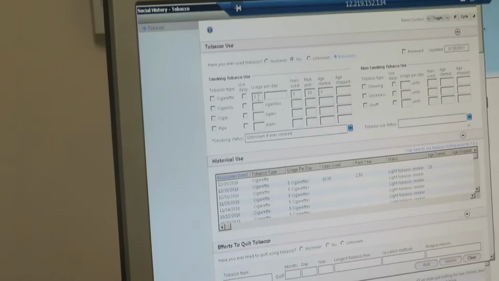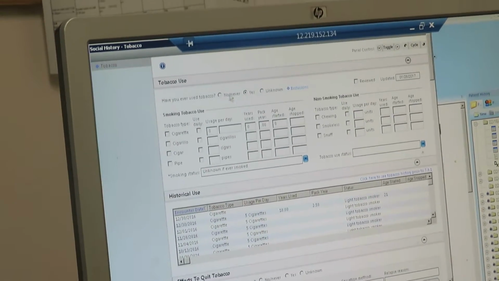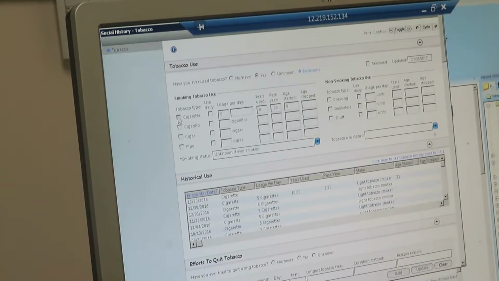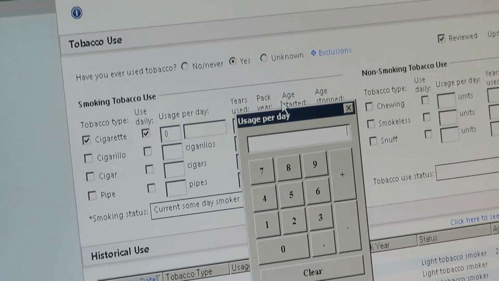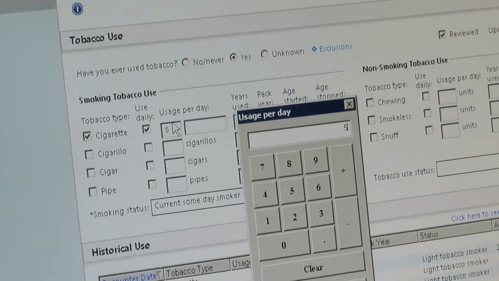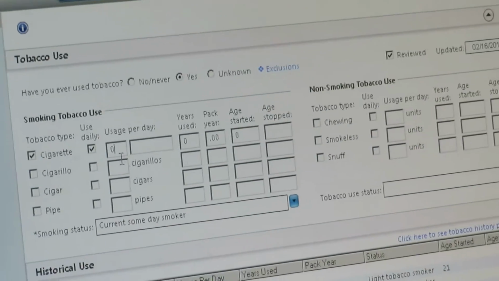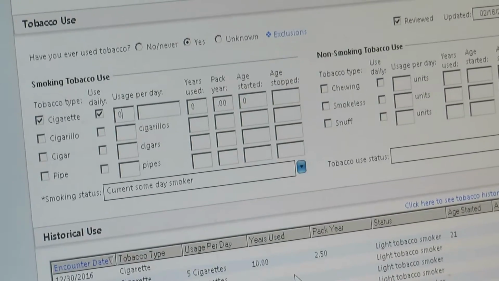And it's very important. This patient reports that they've used tobacco, but there's no recording of their use. So we're going to record that they use it daily, and they use it 5 times a day, 5 cigarettes a day. This is something that would generally be done by the medical assistant. Somehow that didn't record,